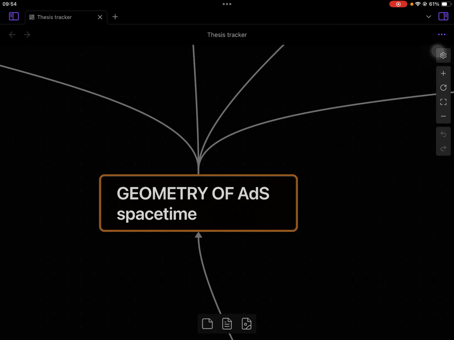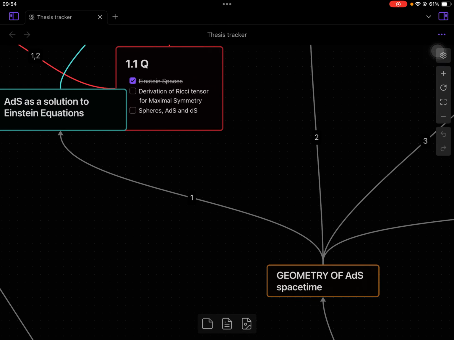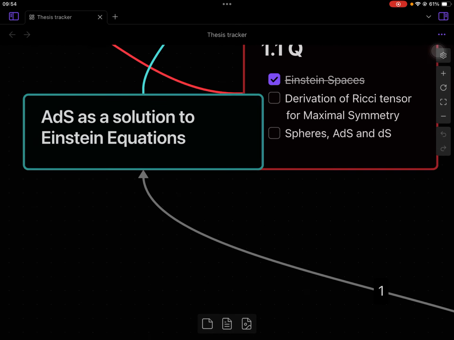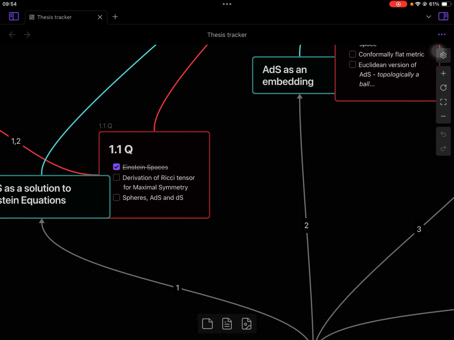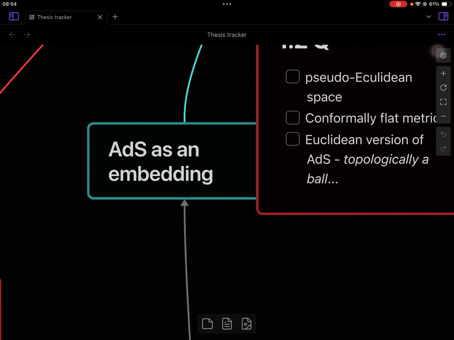Okay, so then the geometry of AdS space-time, there are many elements in that. If you first talk about AdS as a solution to Einstein equations, then you go into how you describe the solution, how you solve the field equations. The first proposition is that you consider AdS space-time as an embedding in a higher dimensional space-time. For example, if you're considering an AdS n plus 1 dimensional space-time, you will have the embedding space as an n plus 2 pseudo-Euclidean space,